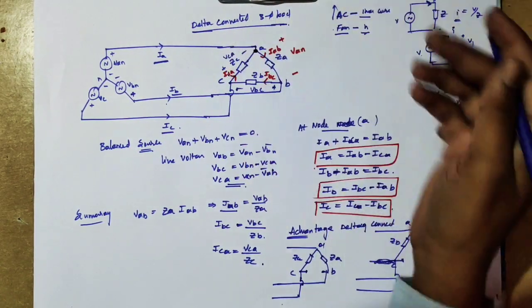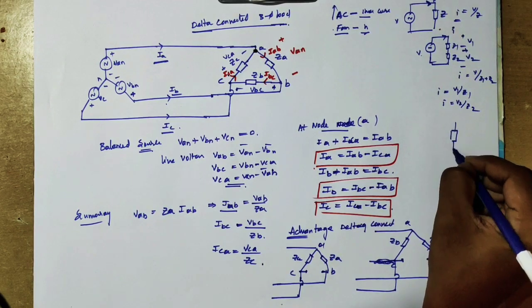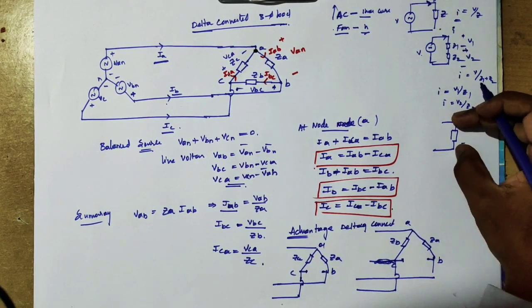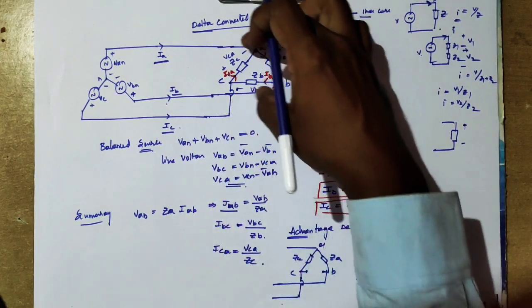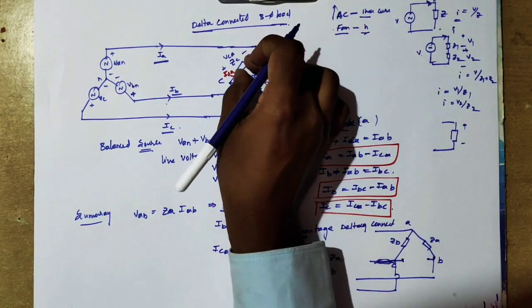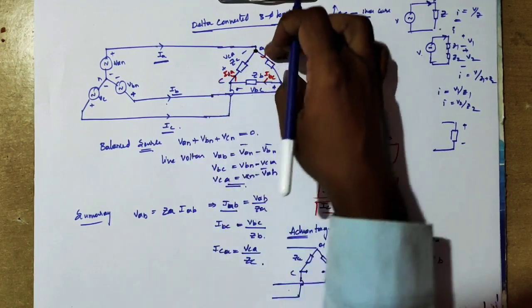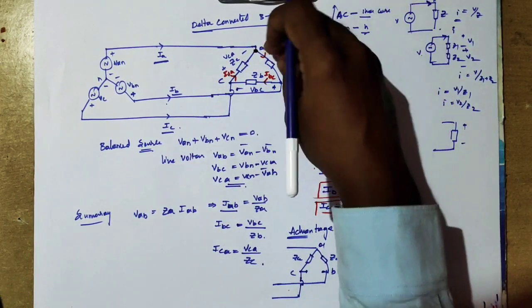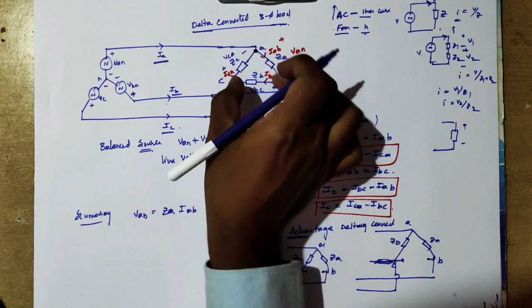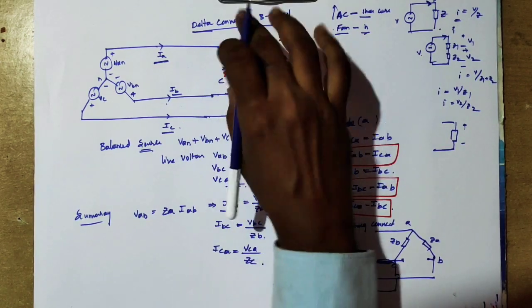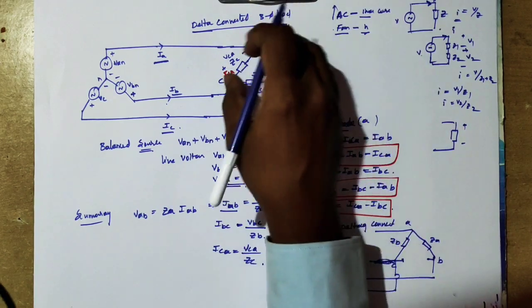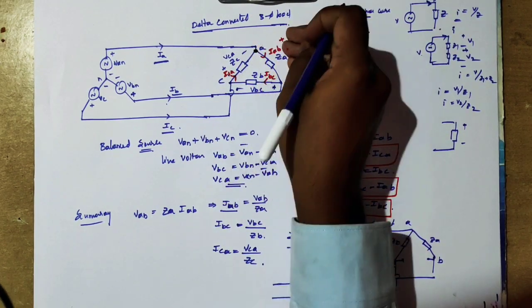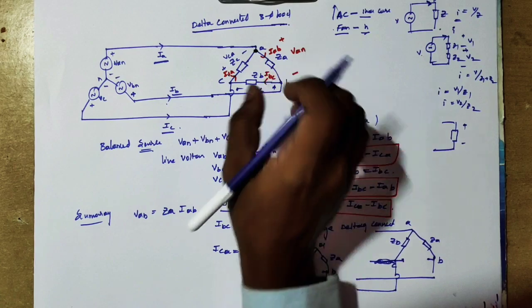Whatever voltage is given to the load is constant. If you remove this, the line voltage will not change. If you remove this line, the line voltage of the other two will not change. In the same way, if you remove this, the line voltage across these two will not change. If the voltages do not change, the currents will flow the same. The IBC before and after any one is removed has the same value.